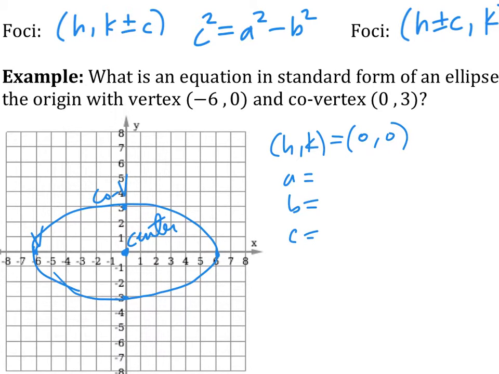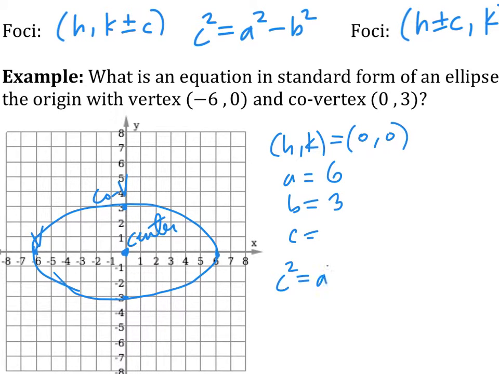Okay, let's see. Mark, how long is A? Good. All right, so if you haven't done that yet, talk to your partner. How long is B? Okay, Daniel, how long is B? Sorry? How long is B? Oh, 3. Okay. In this case, we don't need to find C, but if we do want to find C,